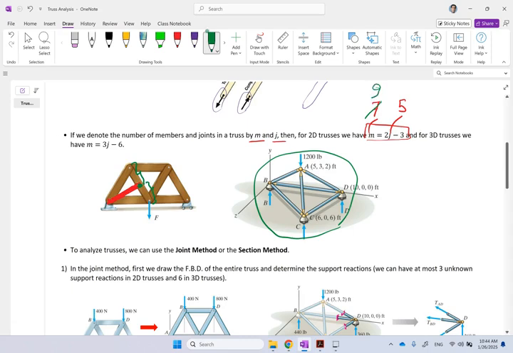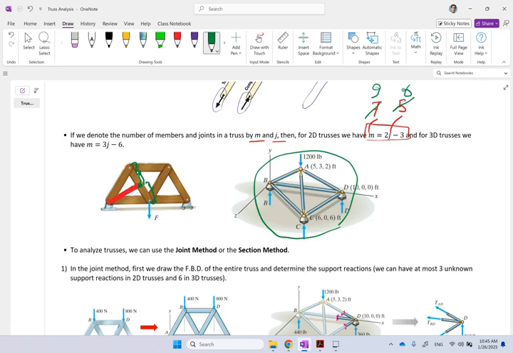I'm sorry. And then how many more joints have you added? You have added one extra joint. Would that work? So 2 times 6, 12 minus 3, that's 9. You see, it is working. Okay, so yes, you can add one extra member here to reinforce that. And why would you do that? The reason is to reduce the length of this member and make it shorter, because shorter members can withstand buckling